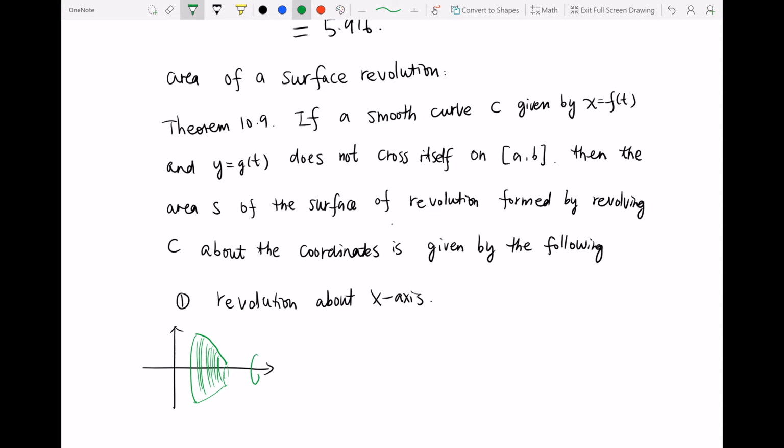You revolve with respect to the x-axis, so it's a circle here like this. We're looking for the surface area. All right, so what's the formula? The formula is S equals 2 pi, the integral from a to b of g of t